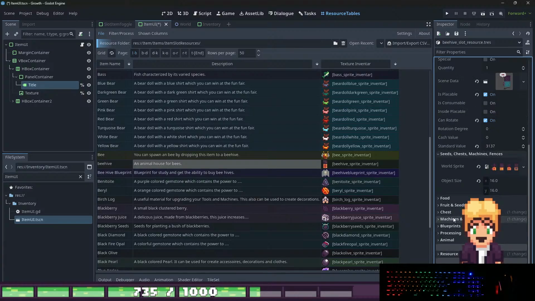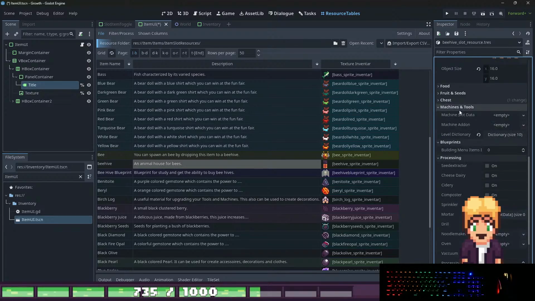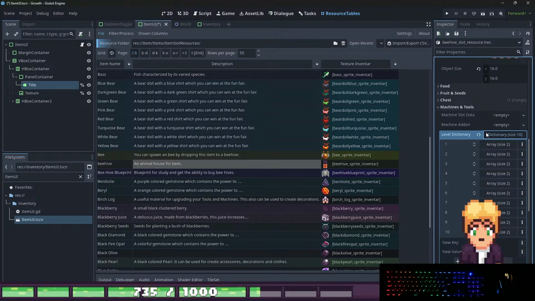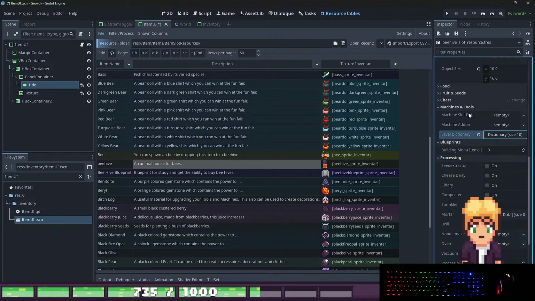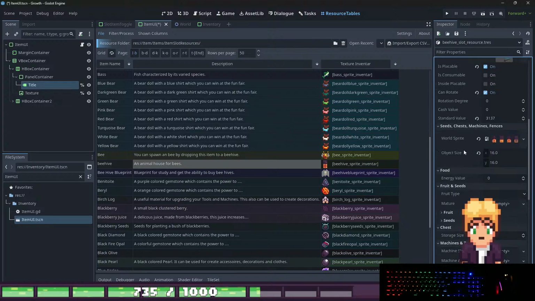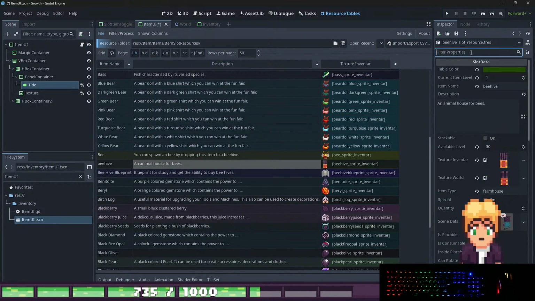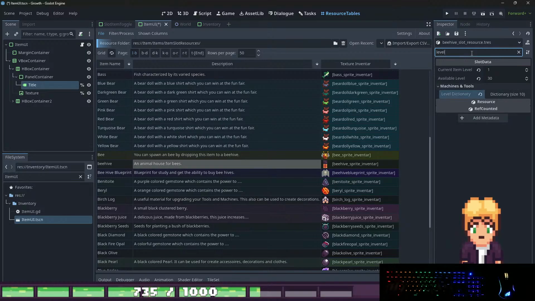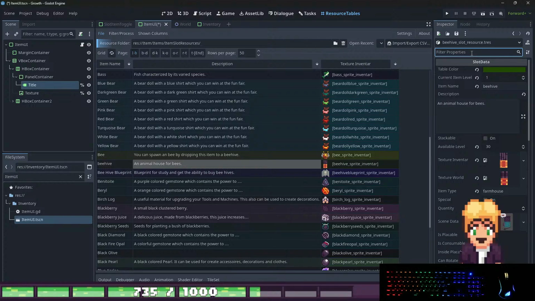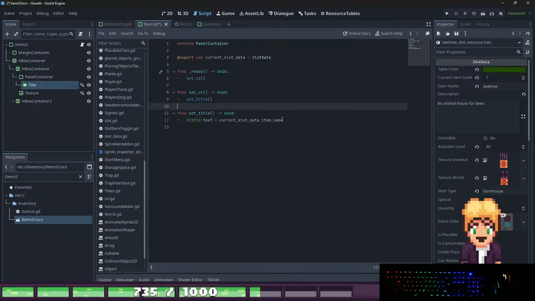Where do I start the level? Animal, processing, blueprints, machine tools. Root. I don't start a level somewhere. Level dictionary only. Ah, current item level. Alright, it's up here. It's the first property. It's current item level. So current item level, we only need to add